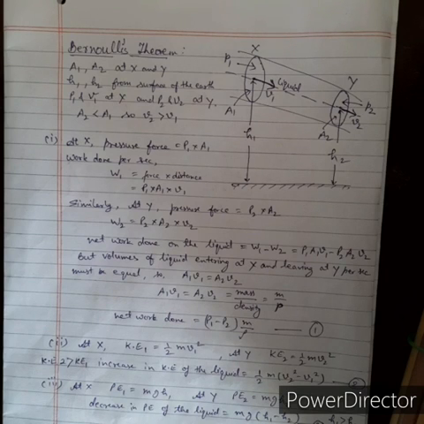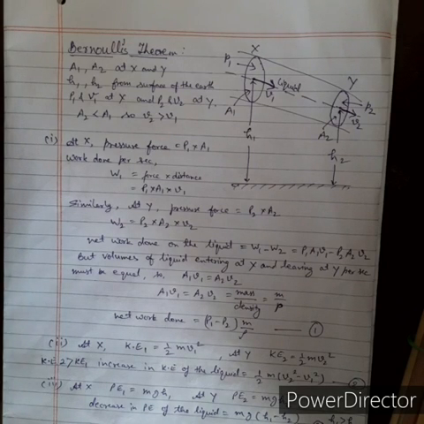P means the pressure energy, half rho v square is the kinetic energy, and rho gh is the potential energy. Some of these energies will be constant. So Bernoulli's theorem is just the application of the principle of continuity. The principle of continuity states that when an incompressible and non-viscous liquid flows in a streamlined motion through a tube of non-uniform cross section, then the product of the area of the cross section and the velocity of flow is the same at every point.